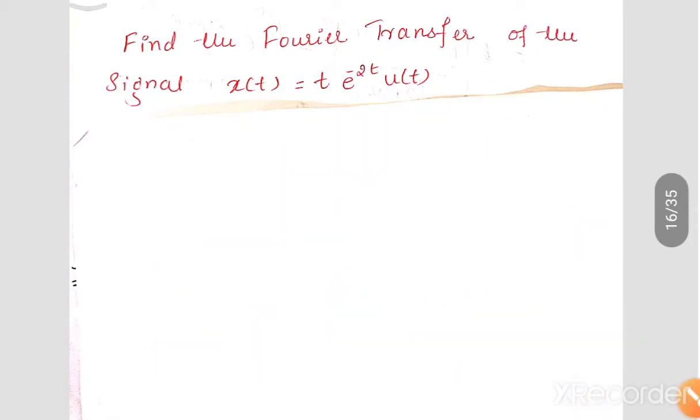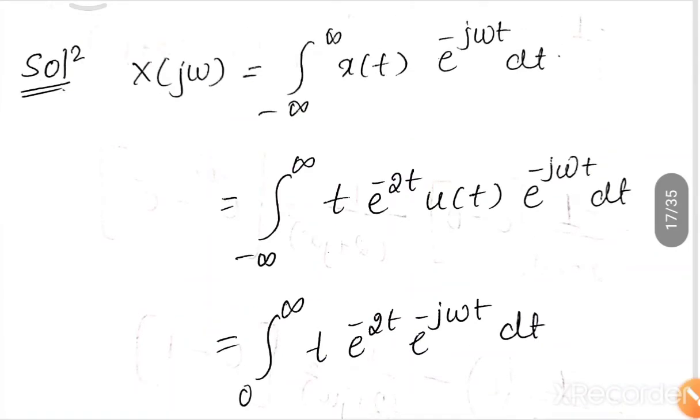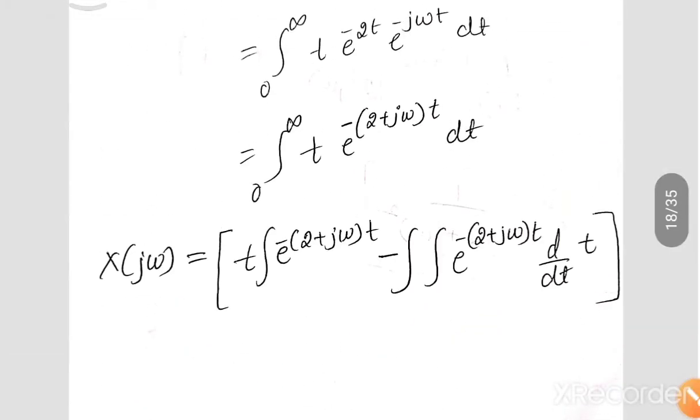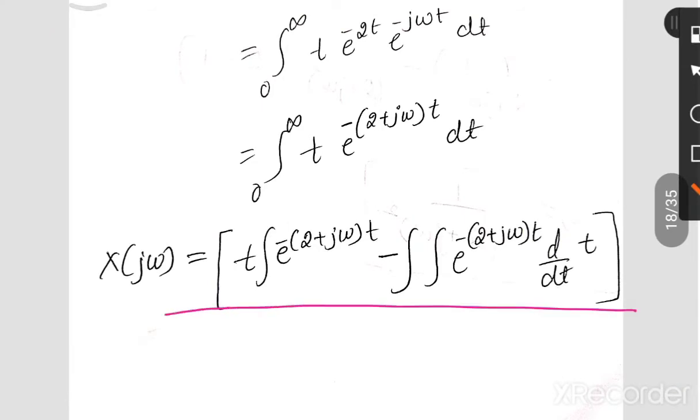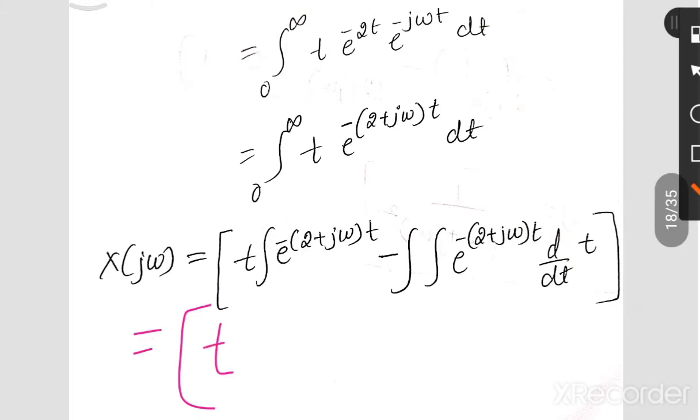Okay, when we do this, we get, when you do this, so this is the formula: first function as it is, this is u and v, first function as it is, integration of the second function, minus integration of second function into differentiation of the first function. Let's do the integration, keep as it is this, and then it will be e